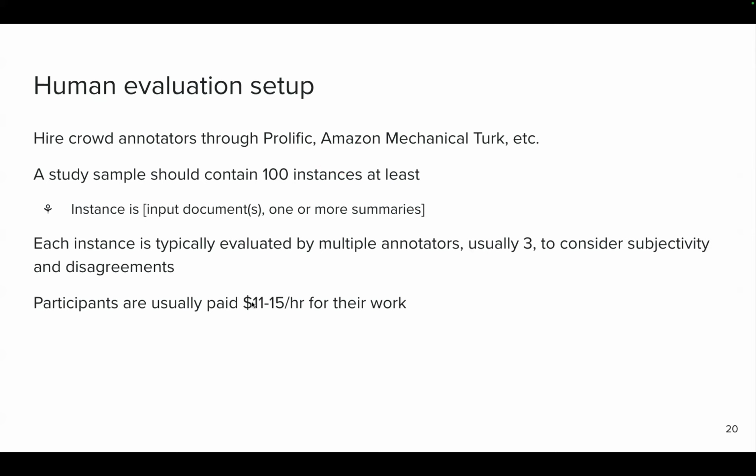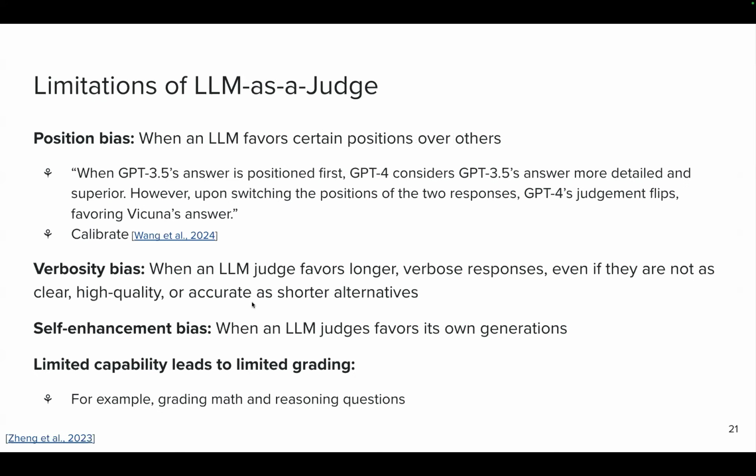Okay, so I have already mentioned some issues with LLMs as judges. We talked about position bias, when an LLM favors certain positions over others. In this paper by Zheng et al., they say when the GPT 3.5 answer is in the first position, GPT-4 considers its answer more detailed and superior. However, upon switching the position of the two responses, GPT-4's judgment flips, favoring Vicuna's answer. Now this judgment is useless, right? If the LLM judged one model to be better just based on whether its generation was presented first,